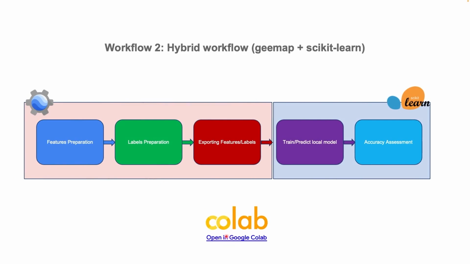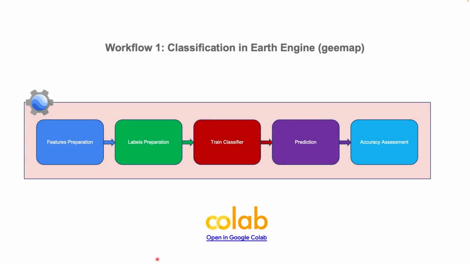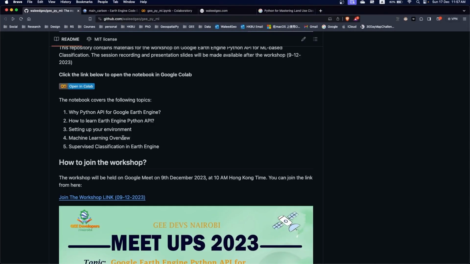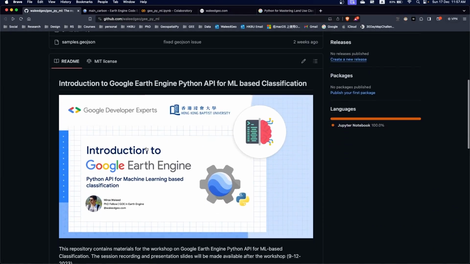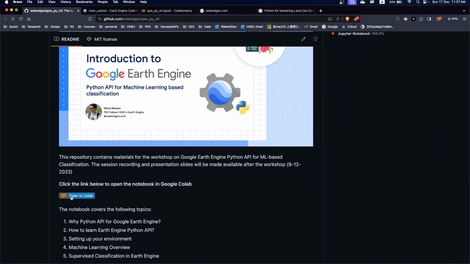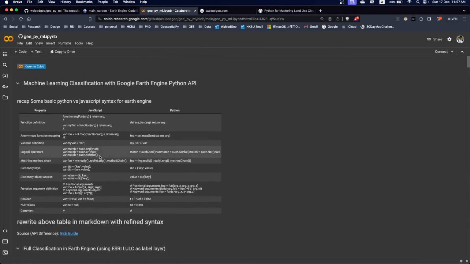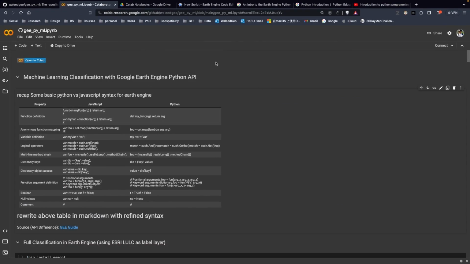To open the code, you can either click on this link or you can navigate to the website of this project here. And here you can see the link which says open in Colab. If you click on this link, it will open this Colab notebook. Okay, so now this is the Jupyter notebook in Google Colab in which we will work on our example of